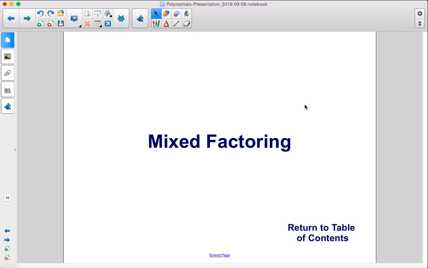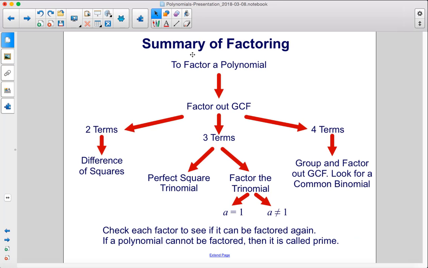Mixed factoring. Here's a summary. When we get a polynomial and we want to factor it, first thing is we'll factor out